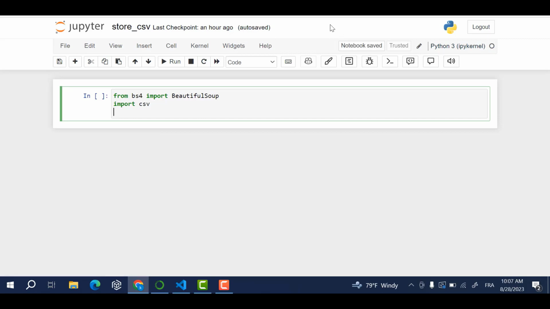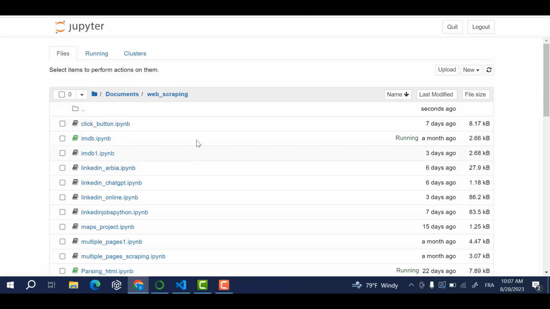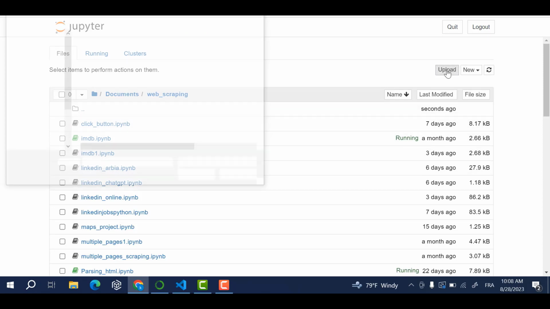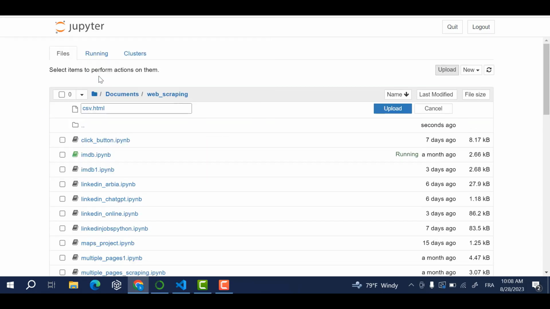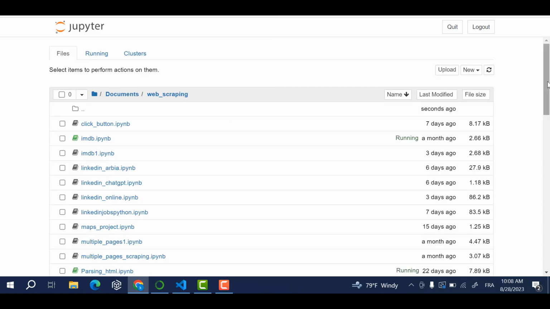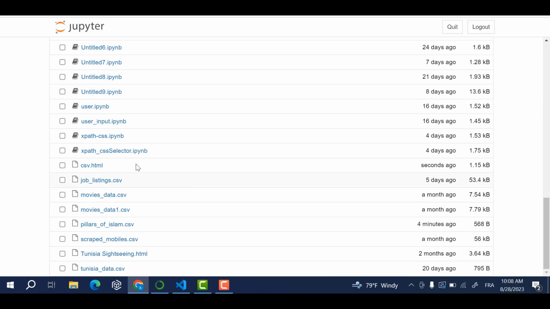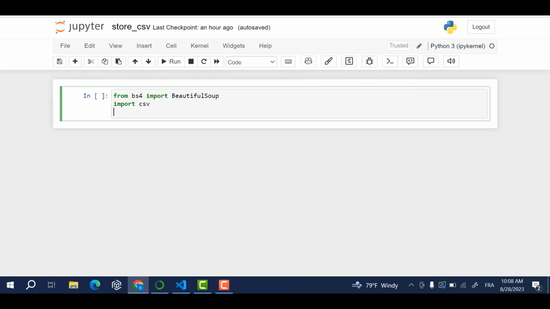So for that, I will go back to my web scraping folder and then I will upload this file. So this is my file. I named it CSV and then upload, and this is okay. It's already uploaded here. So I go back, open this file with open